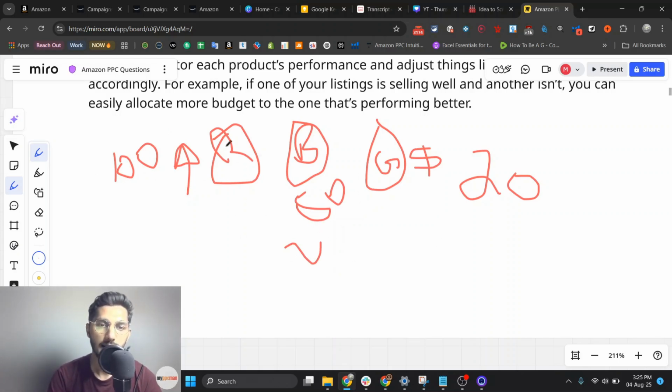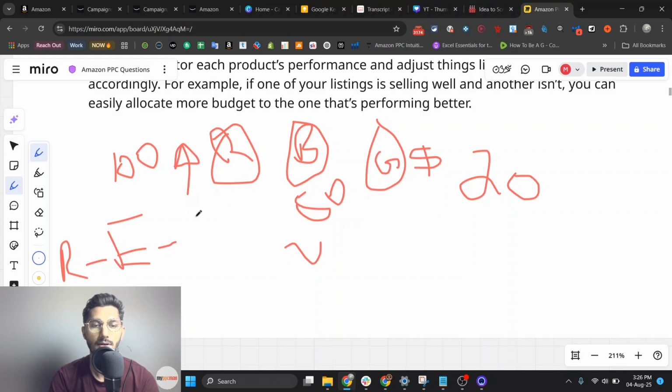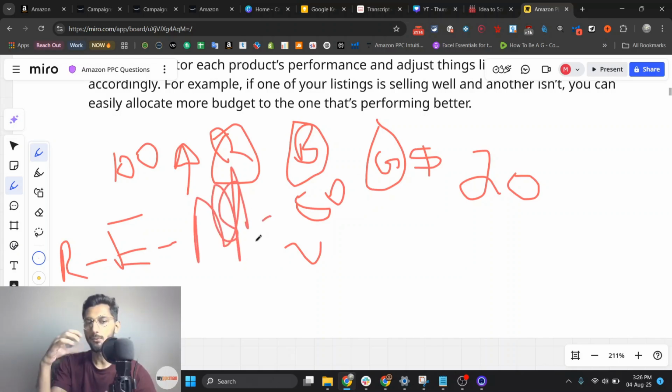So when you organize your product campaigns like, for example, red egg and then your ASIN, by looking at the campaign you can tell this campaign is about my red egg, and this is the ASIN. You can see how it is performing, you will see the keywords in it, and you can adjust it right here in the specific campaign.